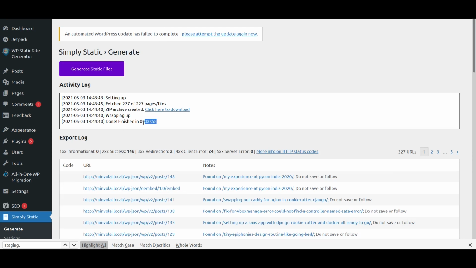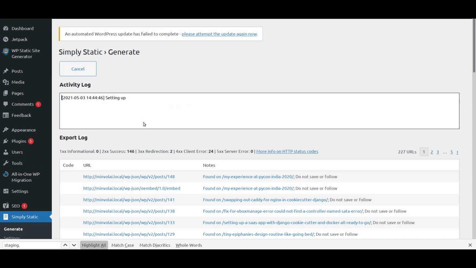Right, so it took 58 seconds to generate an HTML zip file deployment for a site with around 23 posts, not too heavy on images, but really long posts.